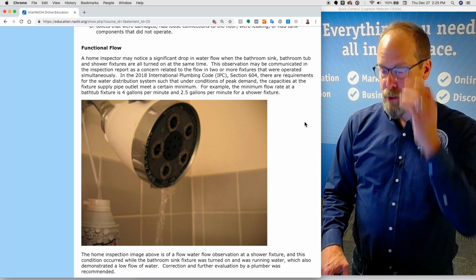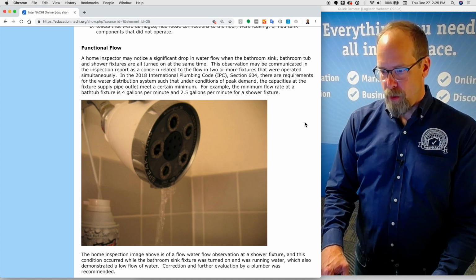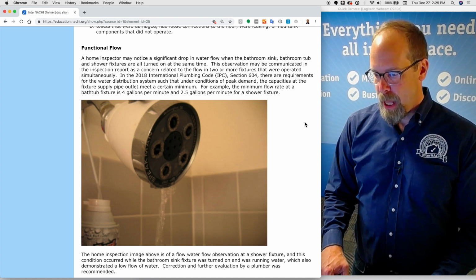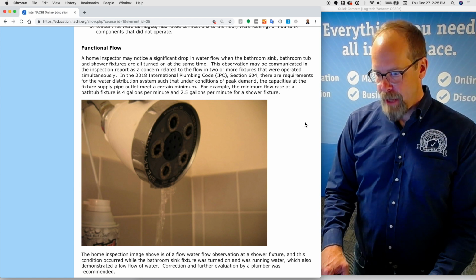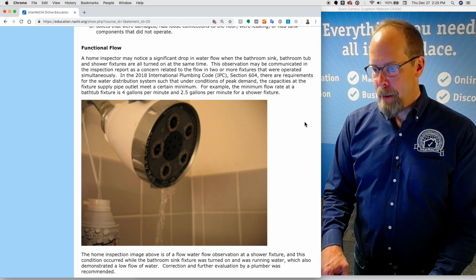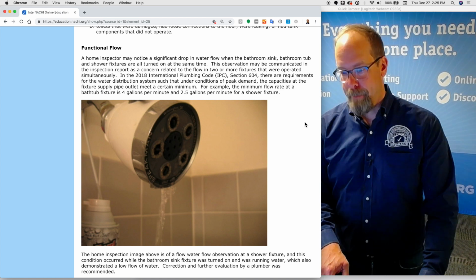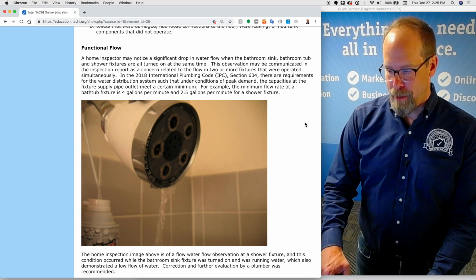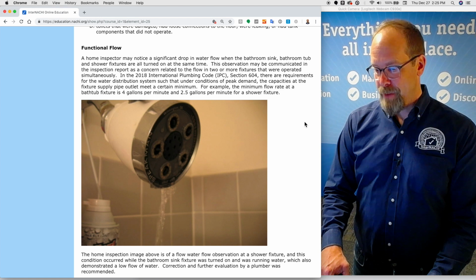In the 2018 International Plumbing Code, IPC, Section 604, there are requirements for the water distribution system such that under conditions of peak demand, the capacities at the fixture supply pipe outlet meet a certain minimum. For example, the minimum flow rate at a bathtub fixture is 4 gallons per minute and 2.5 gallons per minute